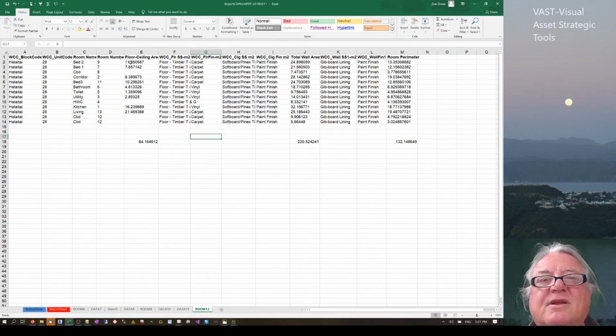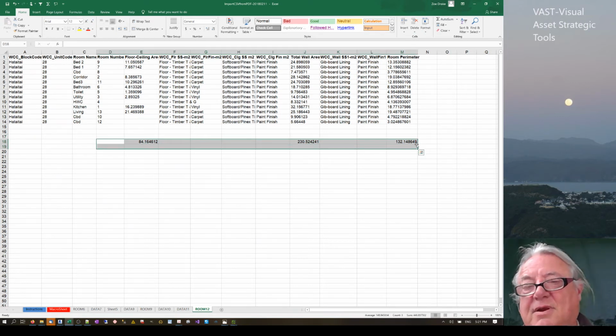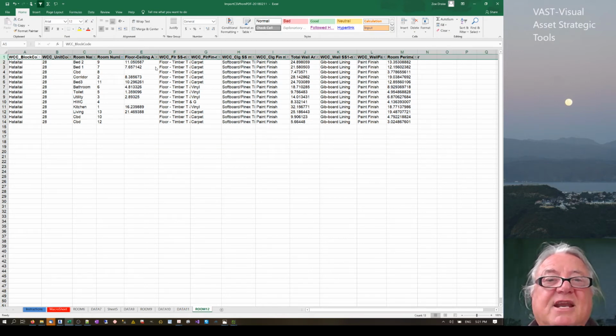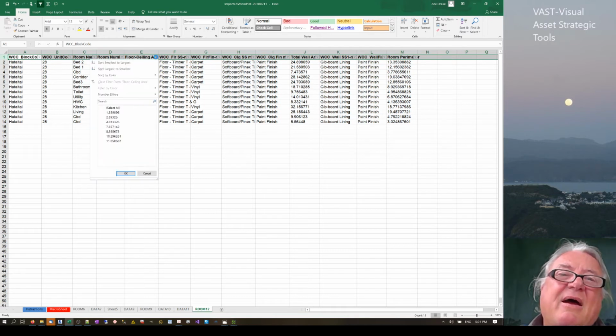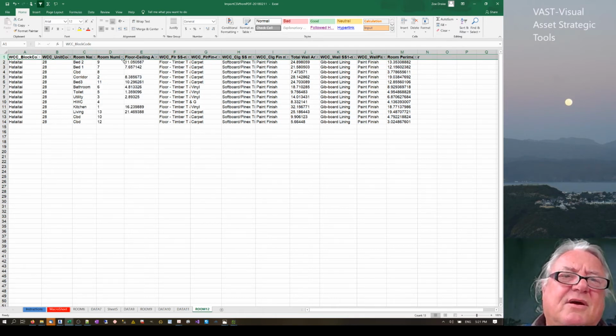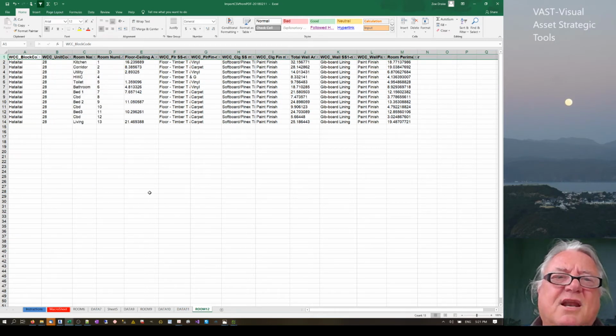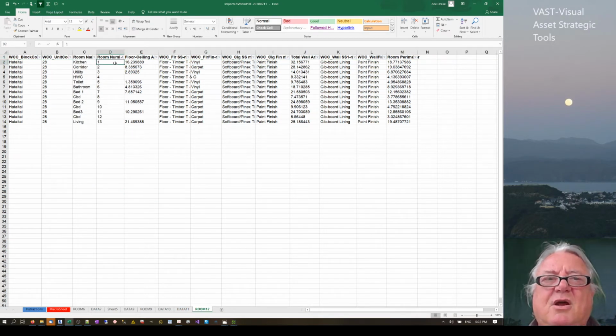Now, one of the things I want to do, so we just blow those away at this point in time, is take that information and start filtering it down. Again, I want to do it by room numbers, going from smallest to largest. This is just something I want to comment on: when I was importing all of these and giving the room codes for all of these things,